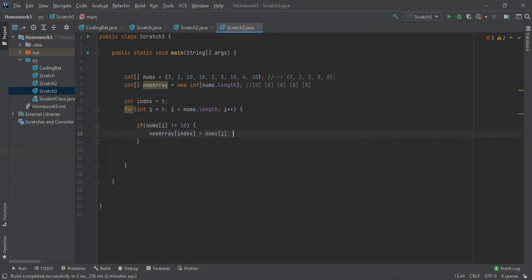Will we start populating the new array? And so this index thing that we have here, that's just to keep track of where we are in the new array as we validly populate the new array with valid nums of i's, so to speak. In other words, if nums of i does in fact equal 10, then we're essentially just not going to populate new array